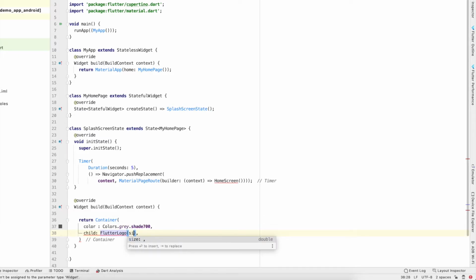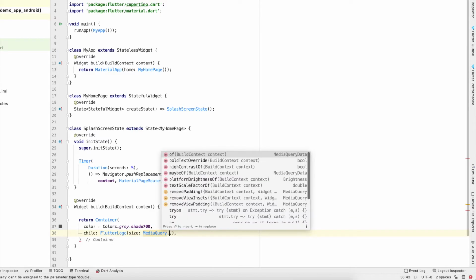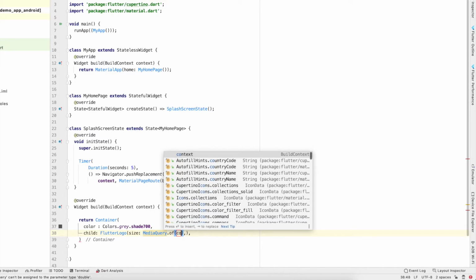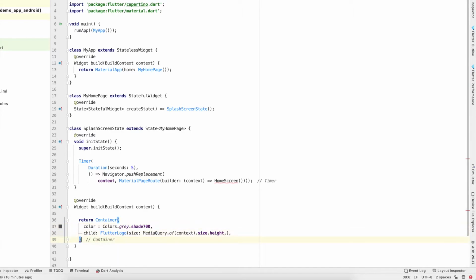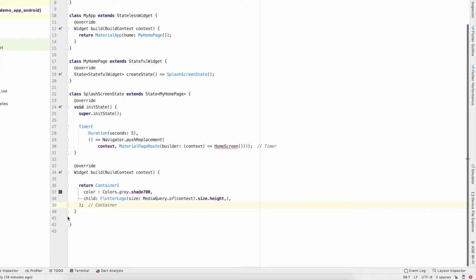Its size I want to base on the height, so the size will be MediaQuery.of(context).size.height. After this, I want to create a home screen. So my class ends here.